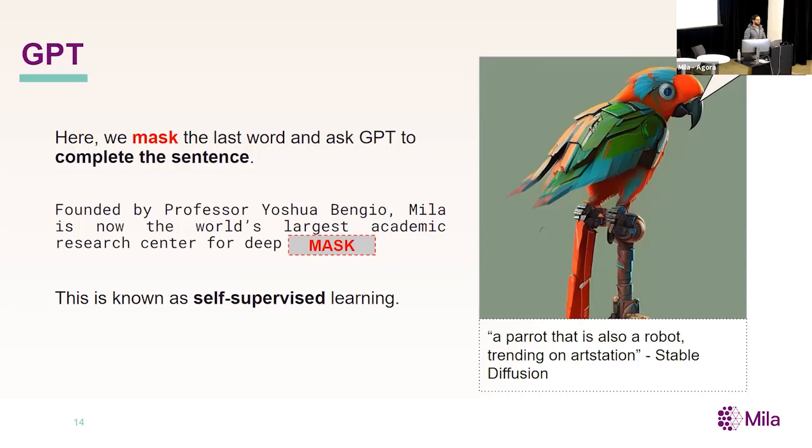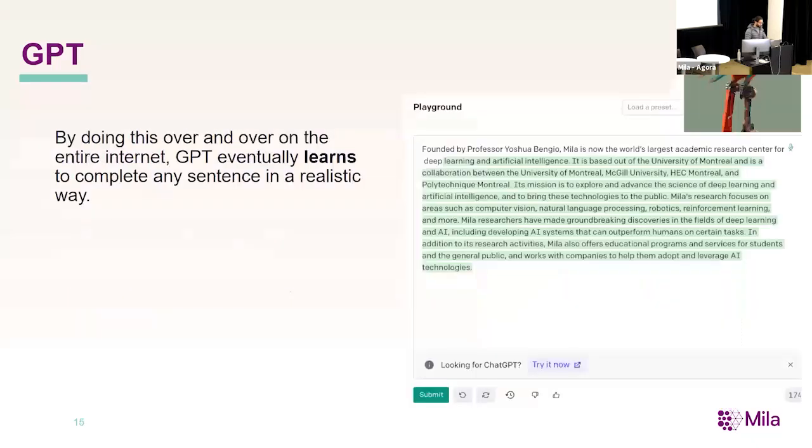With the advent of this self-supervised learning methodology with masking this word, essentially all of your data is already annotated for you. You make these annotations on the fly. So this is what allowed us to go to the next step and train on such huge corpuses of data. That, with the fact that we had transformers now that were actually able to scale to this amount of data, gave rise to these GPT models.